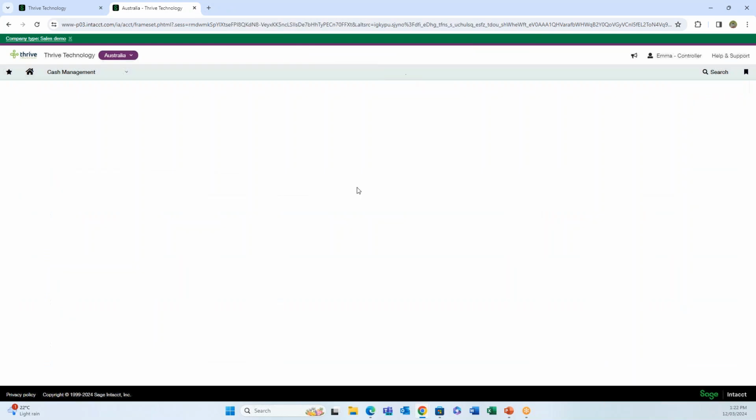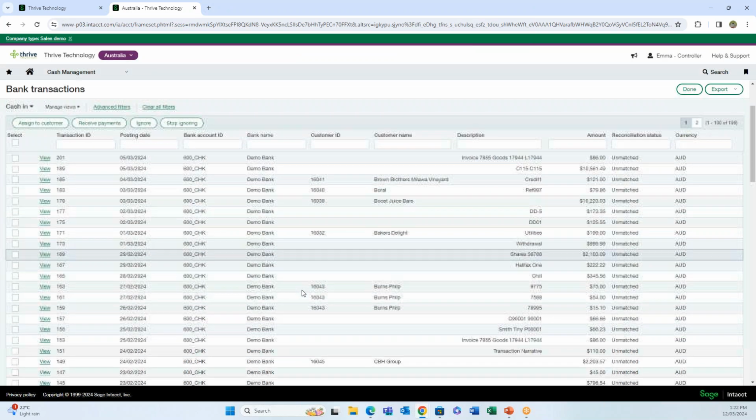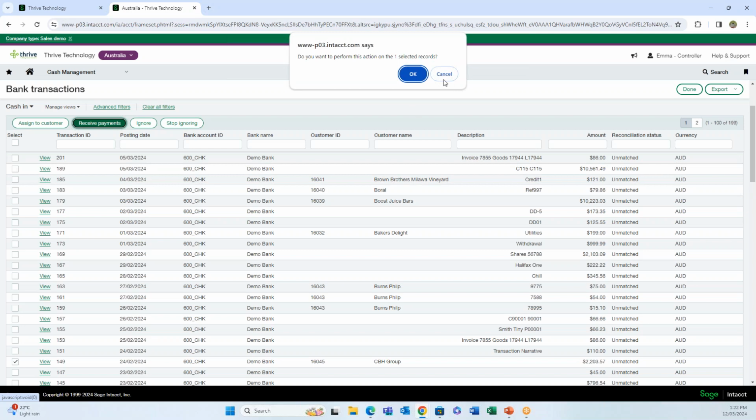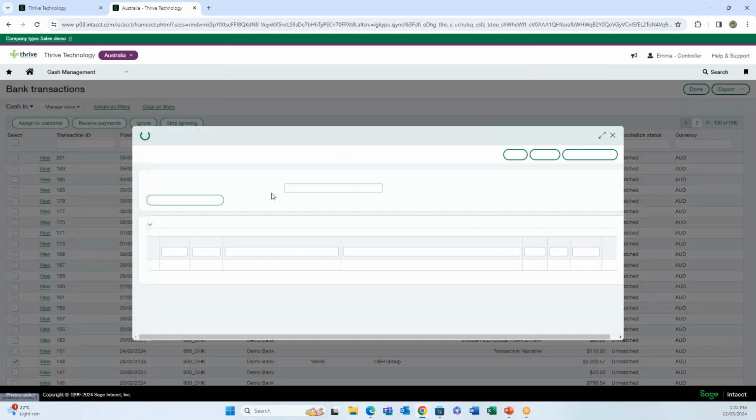And it's there on that page as well. So that's actually happened. With that now, you can see this CDH group that's down here. So the next thing I might want to do is receive the payment. Okay, so when I do this receive payments, once again it asks me,